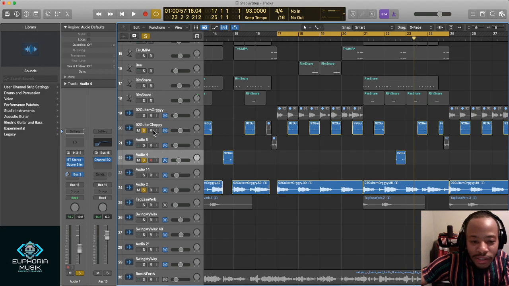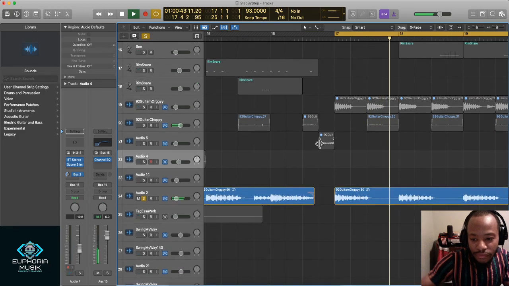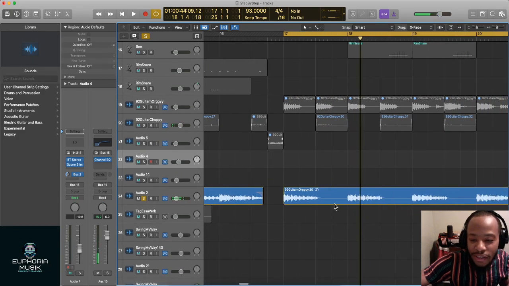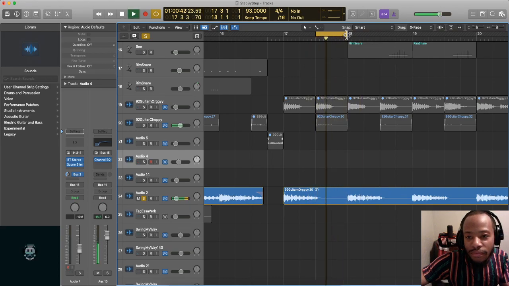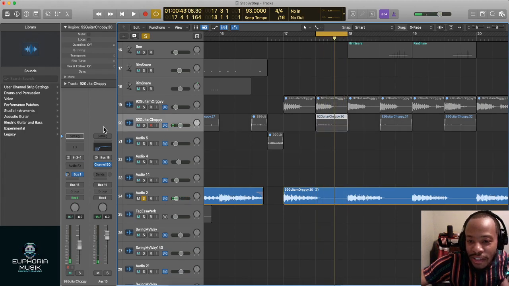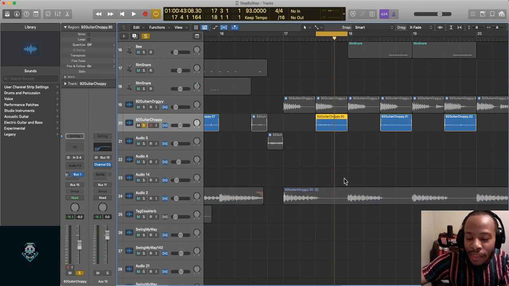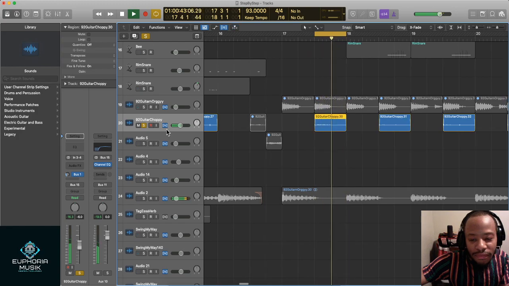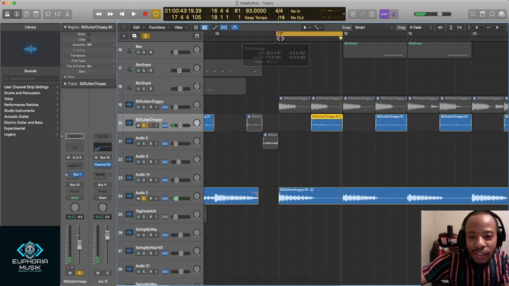So if I go back into this main sample, what I did was, you hear that right here, this part right here, that's the loop. So I took that and you see it's right in the same spot. So I put some effects on it and then I threw it out to a reverb. So listen to that whole little section right here, just this little part right here.